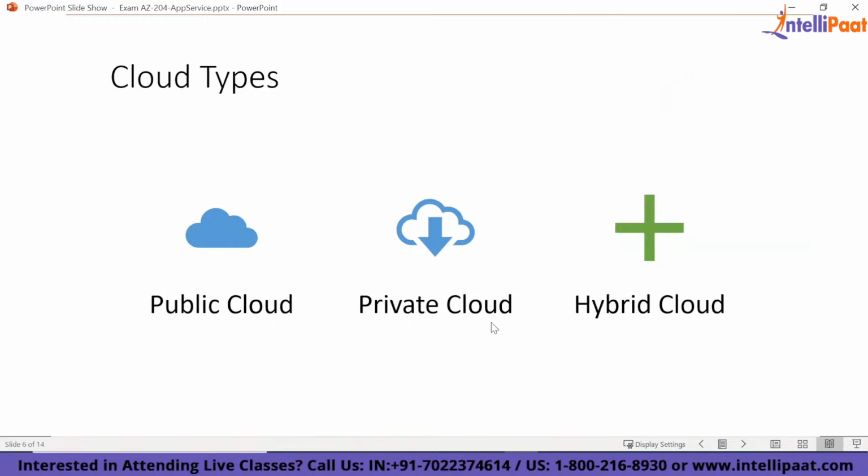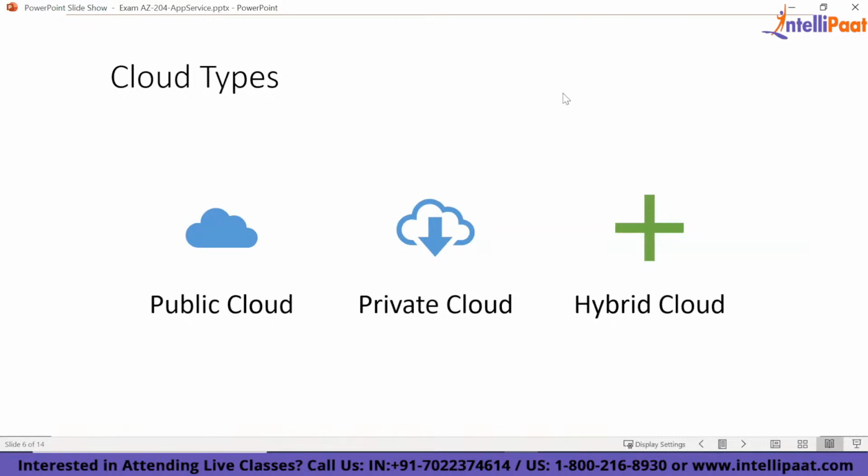Okay, and then comes the hybrid cloud. So why does this hybrid cloud actually originate? I'll give you a scenario where, let's say I am building a mobile app. My mobile app needs authenticated users before it accesses my data inside my application. Now I have a few users who are still in my private cloud or in my data center, and a few users who have migrated to public cloud providers, something like Azure AD. So I have users across Azure AD, and I have users in my own Active Directory as well.